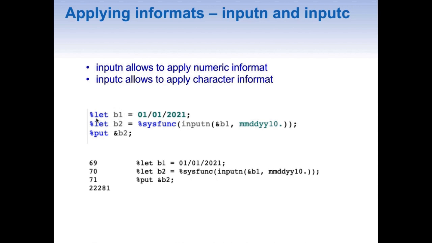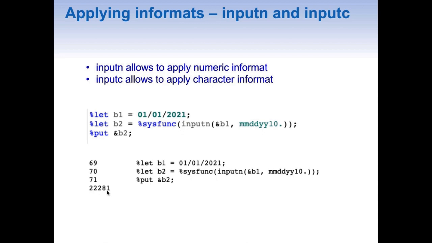Here I am creating my macro variable b1 by saying %let b1 equal to 01 backward slash 01 backward slash 2021, and then I am creating another macro variable wherein I am saying %let b2 equal to %sysfunc, and I am applying here inputn informat, and here I am using my macro variable as my first argument, and in here I am applying my informat. And once I apply this informat and create this macro variable and use a %put, and once I run all of this code, I see the value as